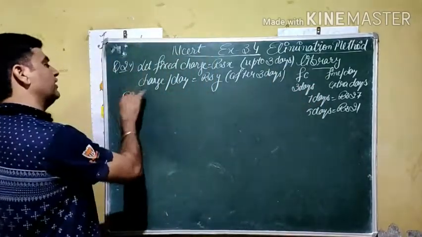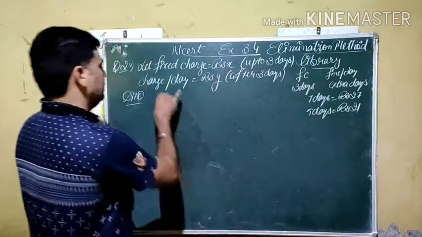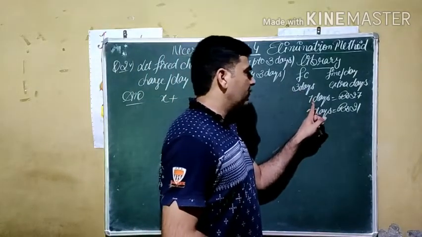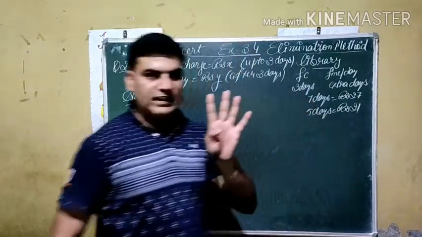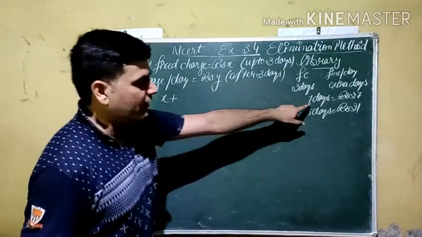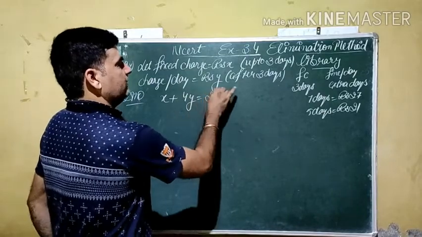So what is the question here? For the first 3 days, payment is fixed, that is given by x rupees. How many days are left after 3 days? If we subtract 3 from 7, 4 days are left. Per day rupees y is fine and the total number of days left is 4. So it becomes 4y. Total is given by 27.